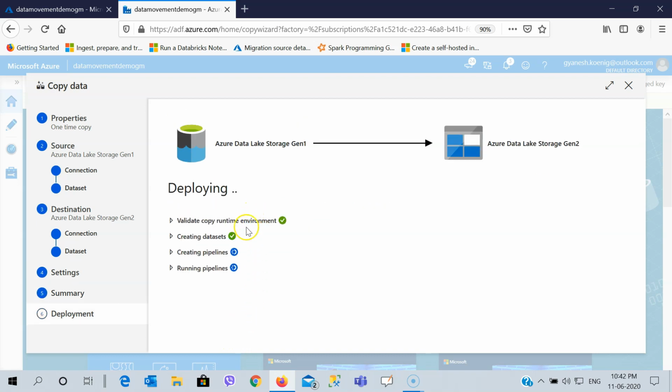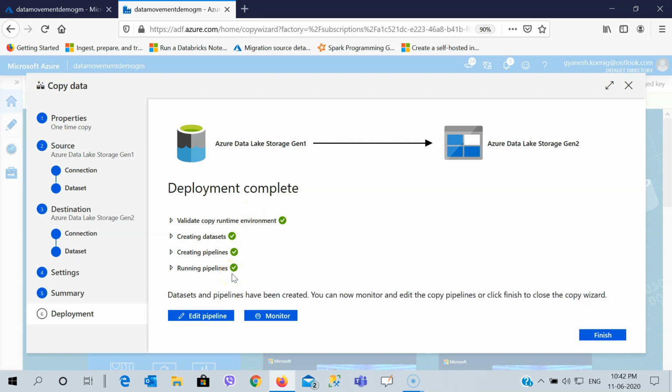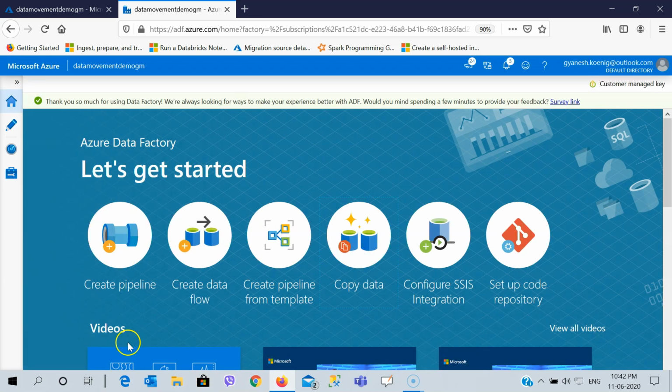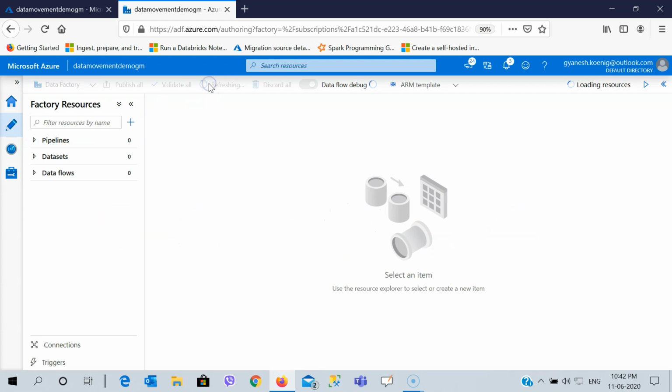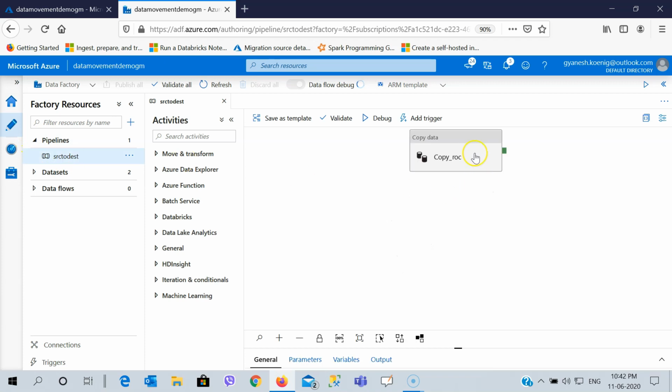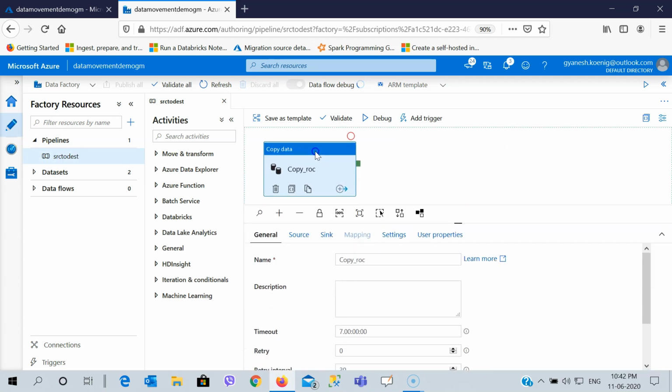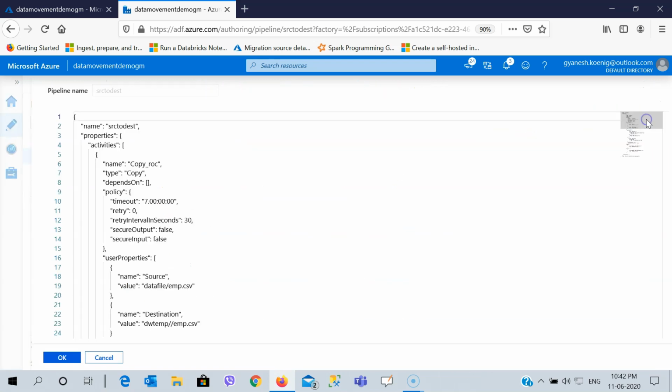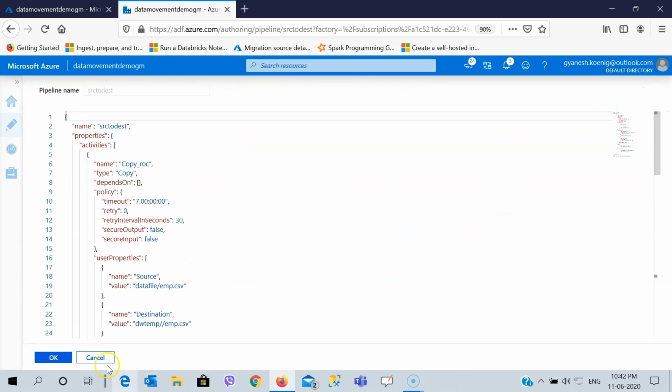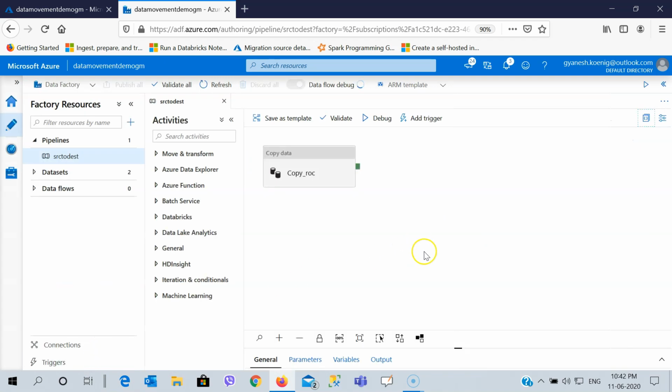Now this will create the pipeline and run the pipeline. Now click on finish. You need to click on finish, and if you check right here by refreshing it, a pipeline is created. A pipeline with name src2dst has already been created. This is the JSON code for this pipeline, which is generated as soon as you have generated this part. And then I have these two data sets. One is my source data set and the other is my destination data set.